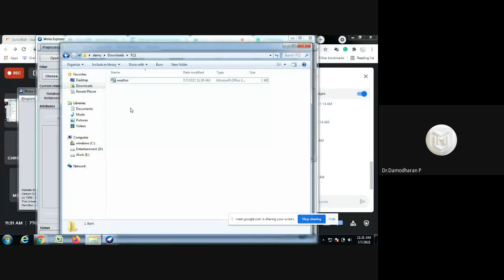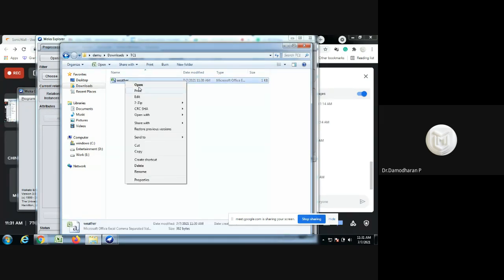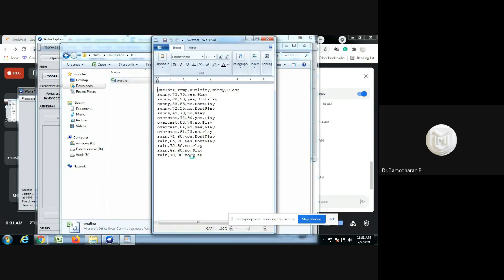You can open a file by using Notepad, or you can use Notepad++, or we can use Word. So I'm opening the file in WordPad. We can see that the Excel file is converted into a normal text file, with the delimiter as the comma. We can see each word is separated by this comma.